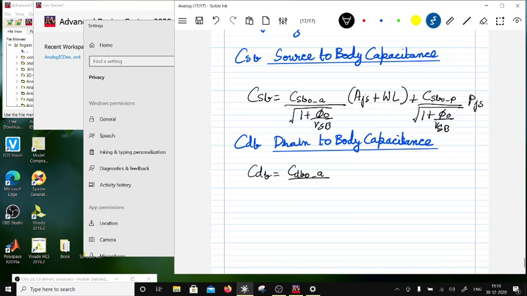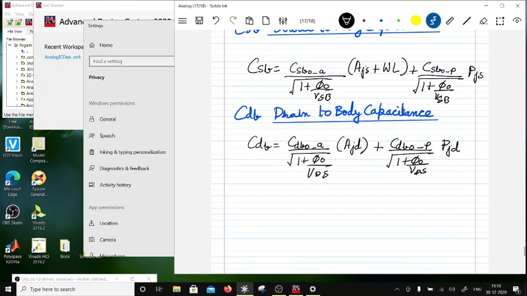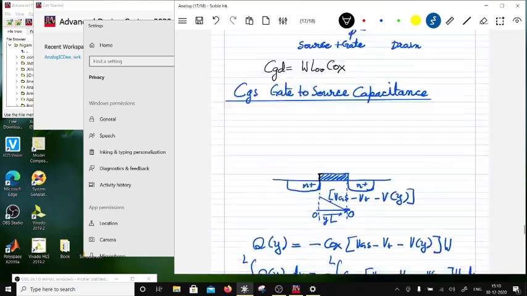CDB0 area wise, root of 1 plus phi 0 by VDB, which will be same as VDS roughly, times of AJD. Then the channel is pinched off, so we don't have the other term. Then we have CDB0 periphery wise, and you have the same phi 0 by VDS times of PJD. Okay, where this is the wall which is common with the gate and the drain. So this covers the small signal model for a